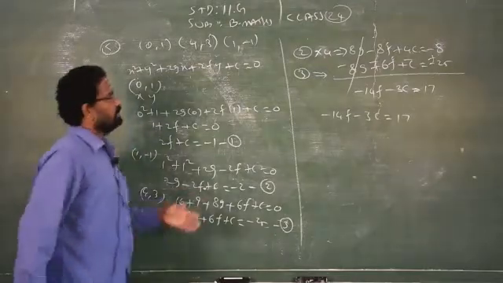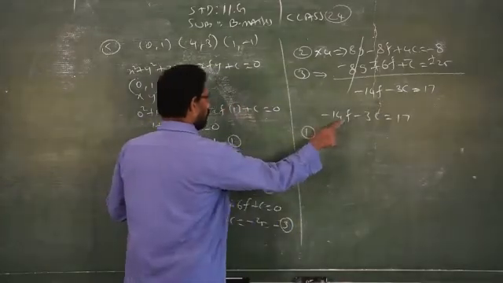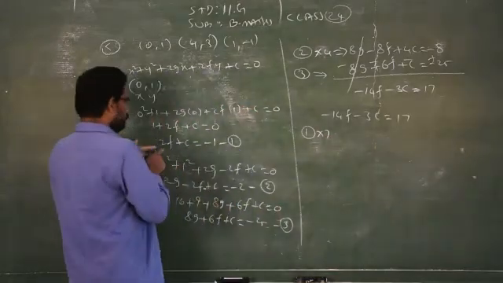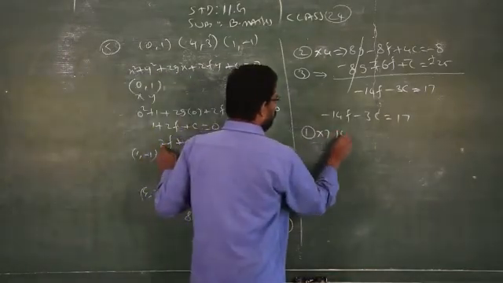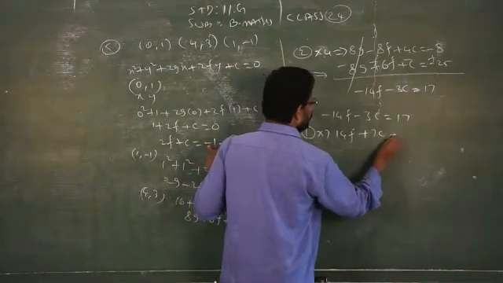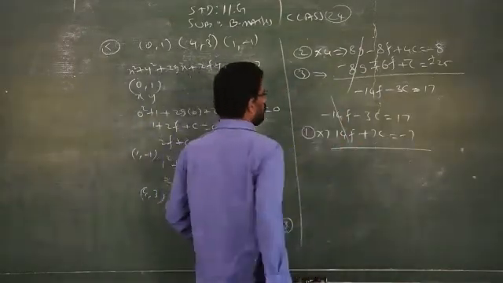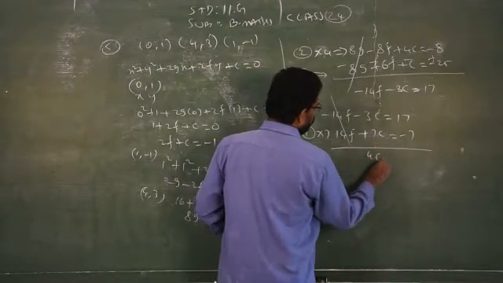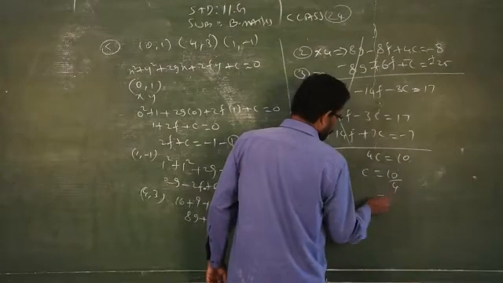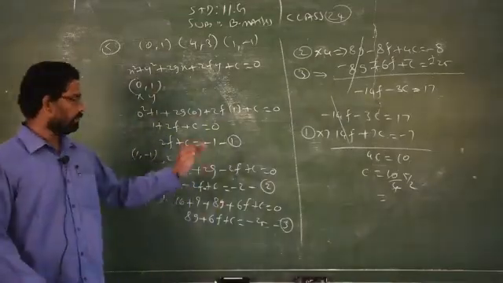You please check yourself. Then I am taking the first equation as it is, but we have 14 here and 2 here, therefore equation 1 is multiplied by 7. When you multiply this by 7, 7 2s are 14, 14f plus 7c, then minus 7. No need to change the sign because we already have different signs. These are eliminated. Plus 7c, that is 4c is equal to how much? 10. So c is equal to 10 by 4. What will be the answer? 5 by 2. So you have to check.